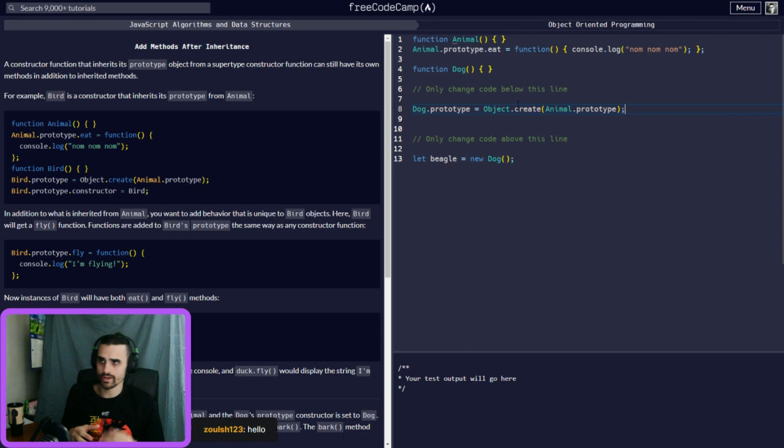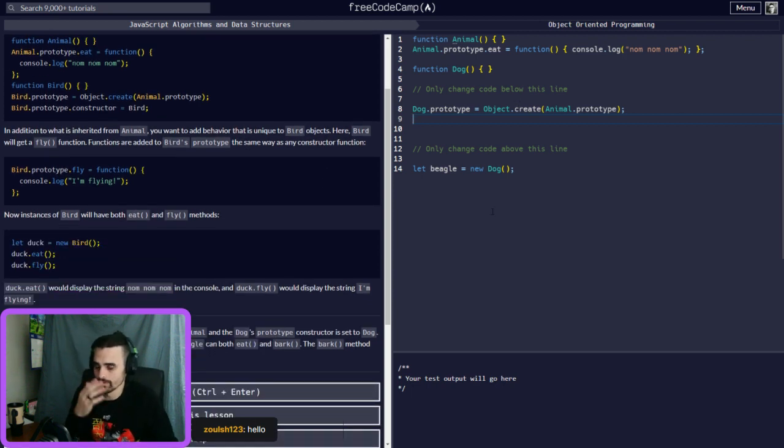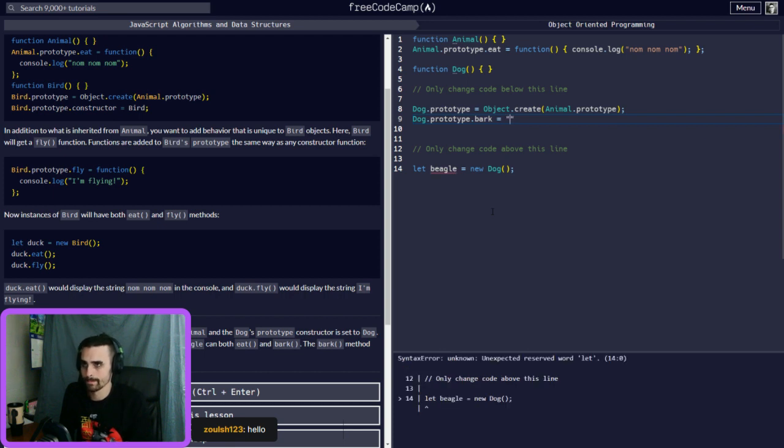So now the dog has inherited all those right there, but now we want to add onto it. It wants us to add bark. So what we would do is dog.prototype.bark, right? And then equal woof.